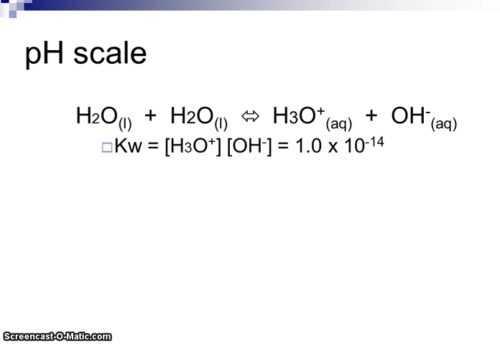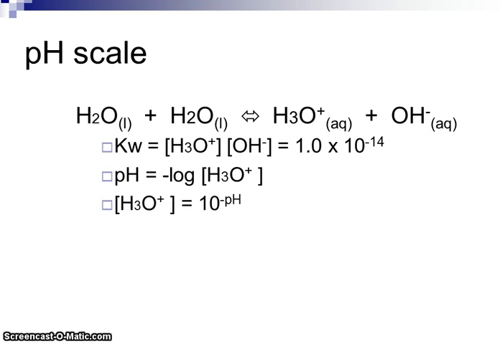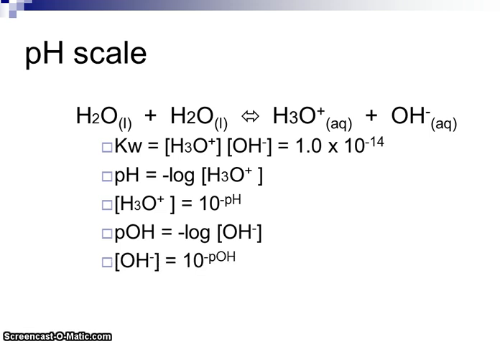So let's just sum up our equations. We've got our hydronium times our hydroxide is going to give us our Kw. pH is the negative log of the hydronium ion. Hydronium ion is 10 to the negative pH. pOH is the negative log of hydroxide. Hydroxide is